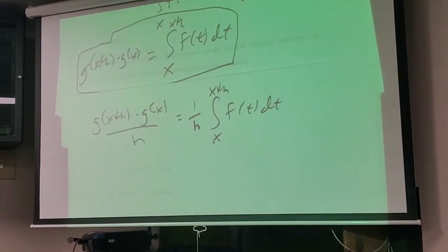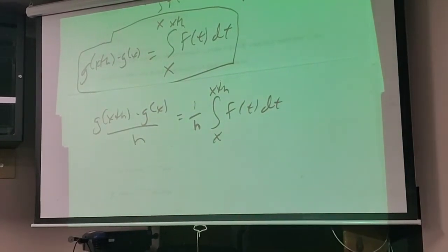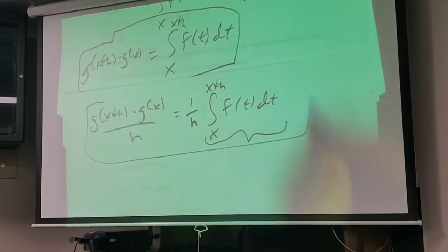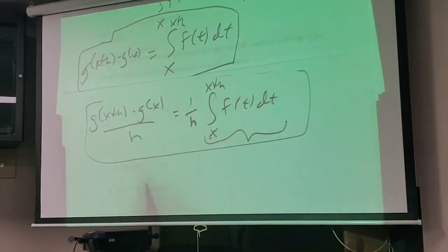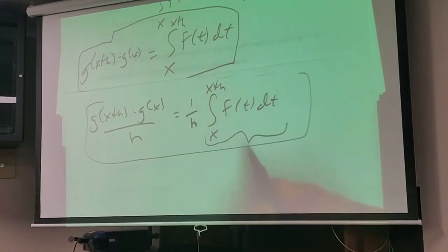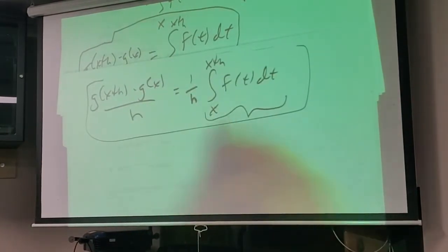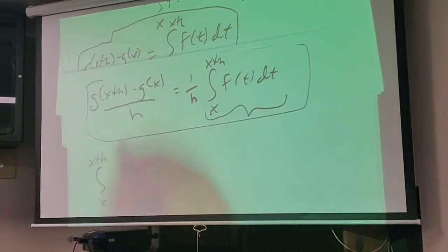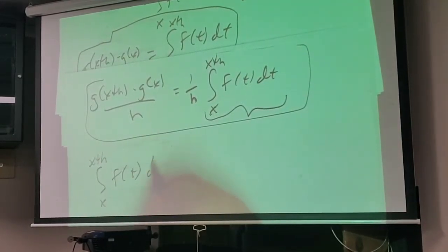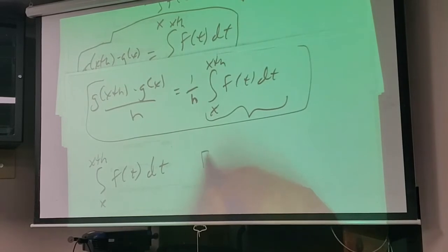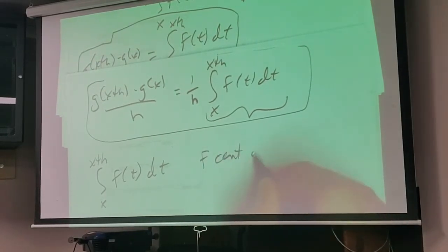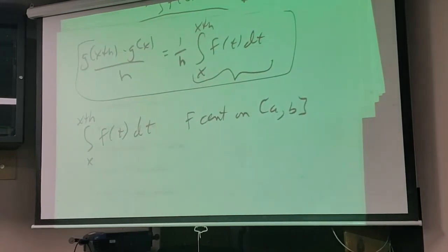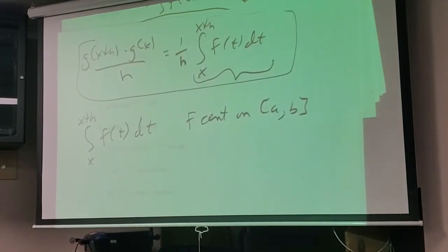So for just a minute, let's look at just this piece. So this is what I eventually want. So then I can actually apply the limit and figure out what it is. Let's look at just this piece right here for a minute. And just to remind you guys, f is continuous on a, b. If f is continuous on a to b,